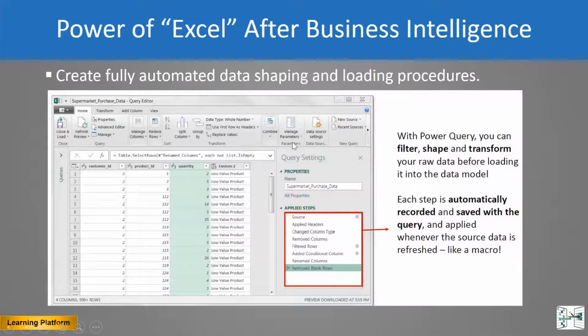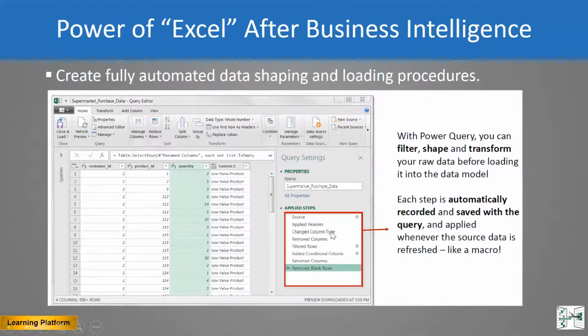This is very important to understand. What is happening in Power Query? Basically, Power Query is replacing all the functions you use in Excel with an automated form. Everything is automated here. This screen of Power Query is the editor. You perform some actions here, and Power Query records all your actions. For example, you get the data in Power Query, next you apply some headers, next you apply this.